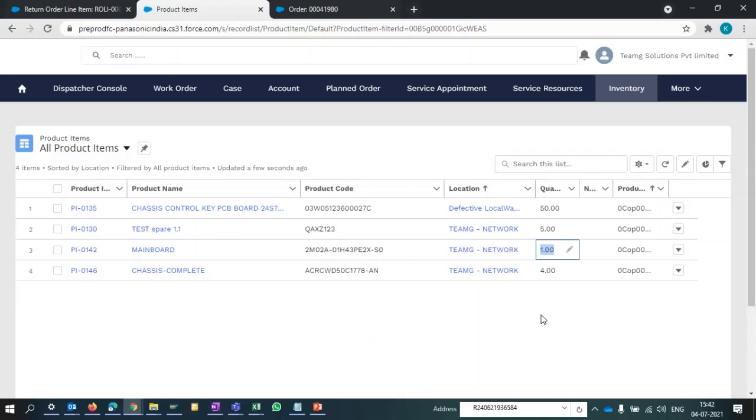Once you create an SPR, inventory gets deducted in real time. If the SPR gets rejected, then all the 9 quantity will come back in your inventory. Or if you have added some part in a job, the inventory gets consumed. Once you delete the part from the job, from the work order, inventory will come back.